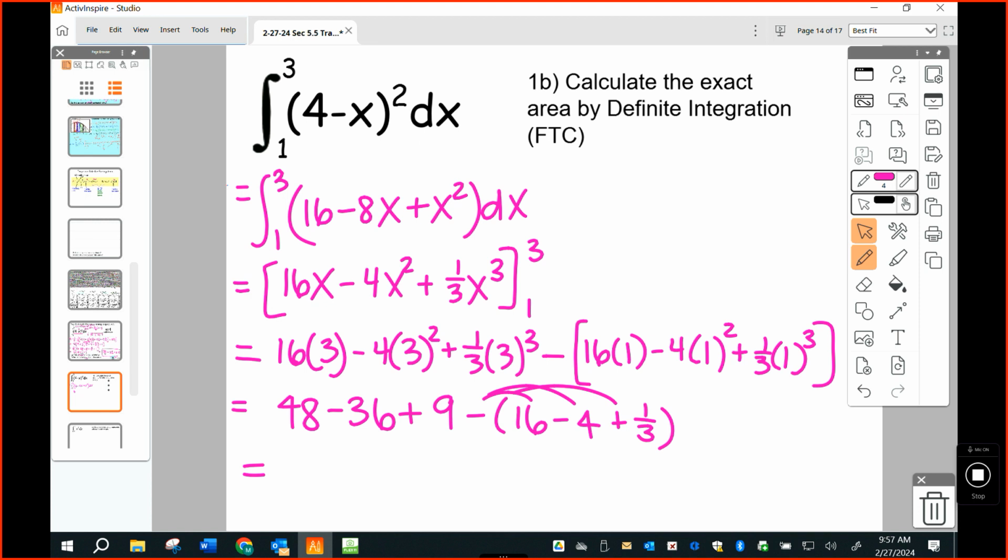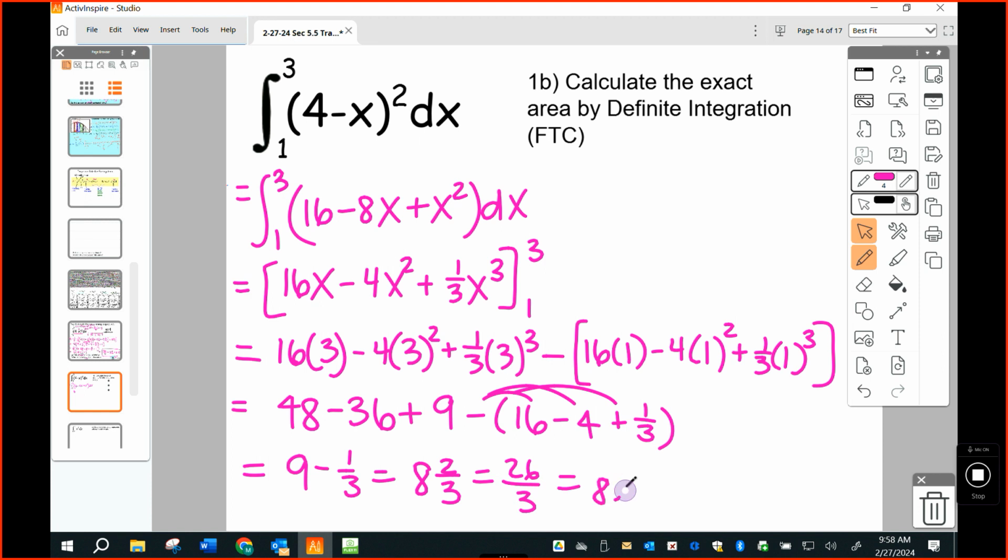Why is the 3rd there? Because the exact area is not going to be a pretty integer most of the time. 48 minus 36 is 12 plus 9, 21 minus 16 is 5, plus 4 is 9. So the answer is 9 minus 1/3, and you can write your answer as 8 and 2/3, or you can write your answer as